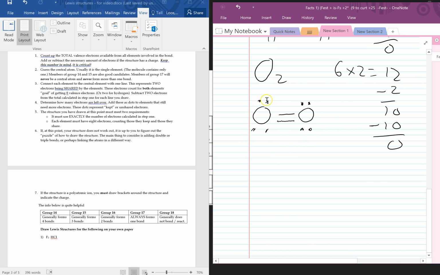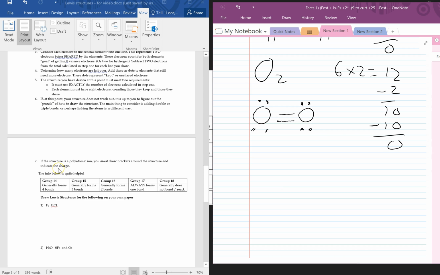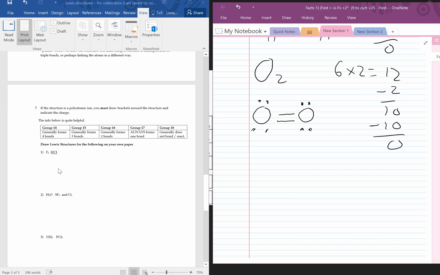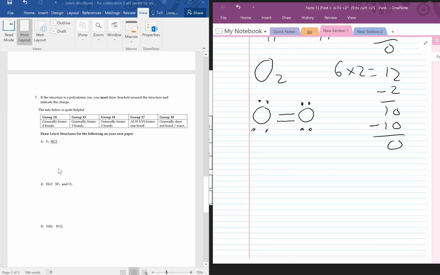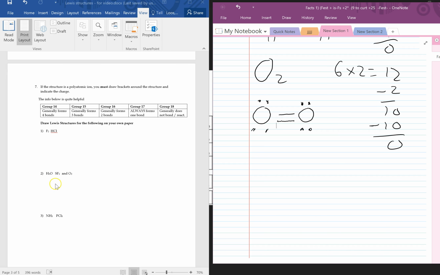I've also used exactly 12 electrons. 1, 2, 3, 4, 5, 6, 7, 8, 9, 10, 11, 12. And so now my Lewis structure for oxygen is good. So that's the basic process. Let me do one more quickly. Let's do